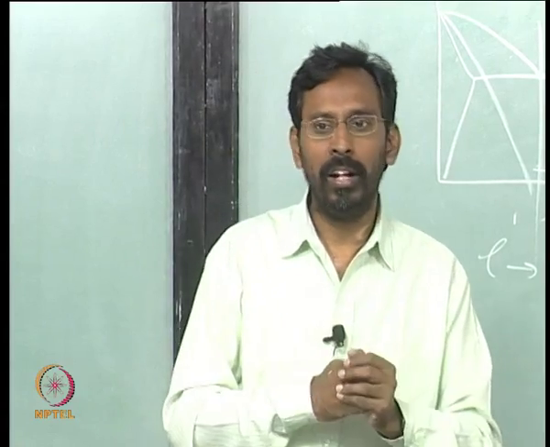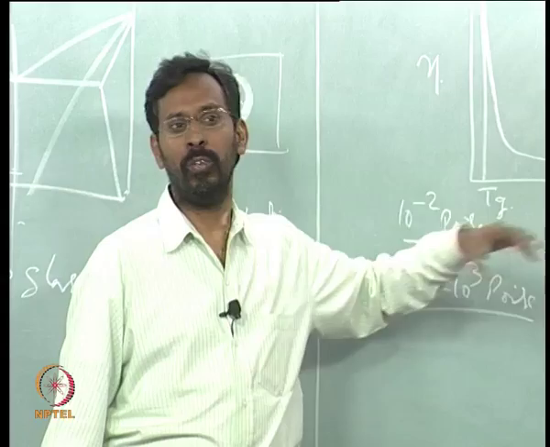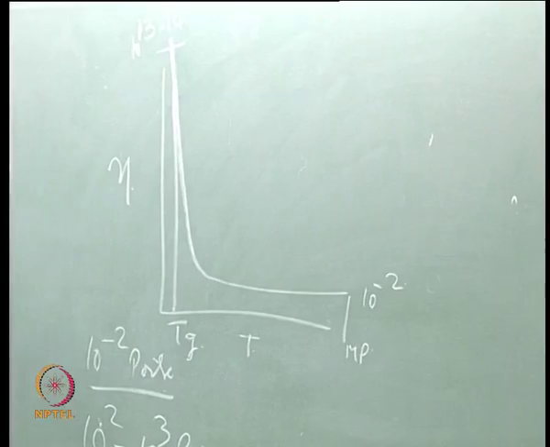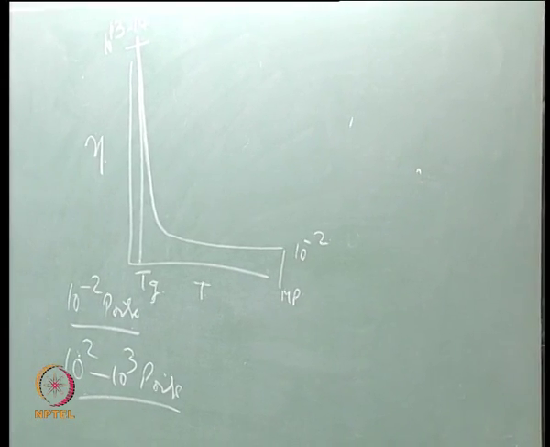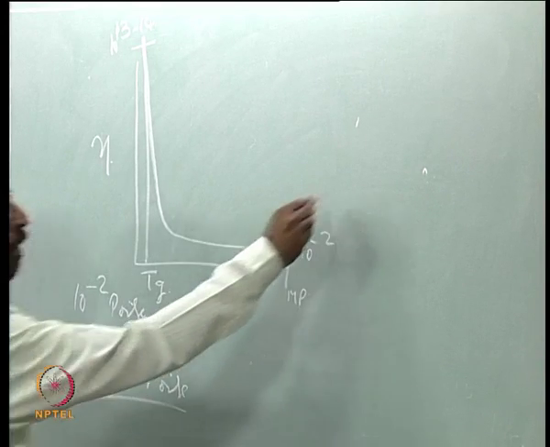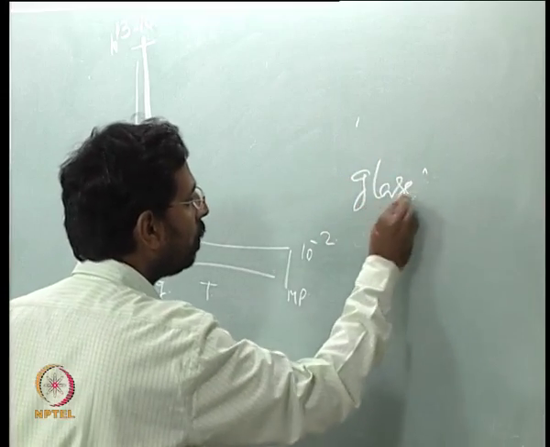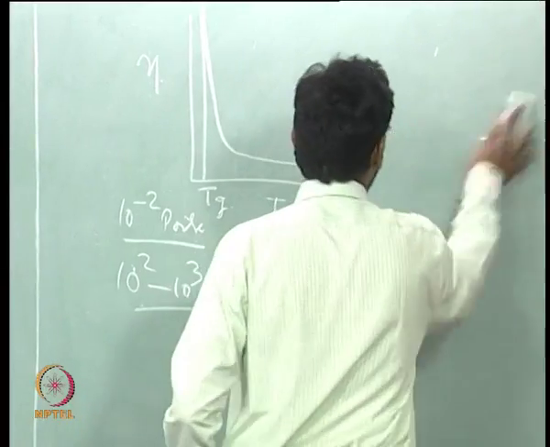but into a solid which has structure similar to that of a liquid, and that is a new type of solid which we have not seen before, because most of the solids that we know are all crystalline solids. Now, you have a solid which is non crystalline, which has a structure similar to that of a liquid, we call that a glass. This is one way of looking at glass formation. We will also possibly look at the other way of looking at how the glass forms,